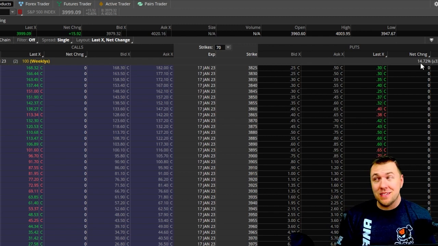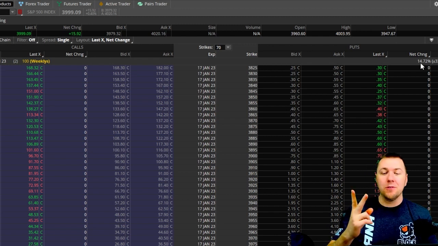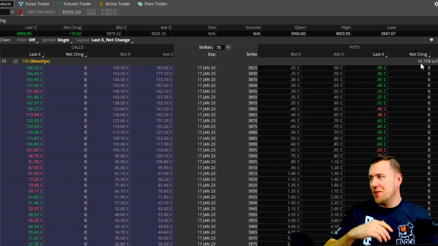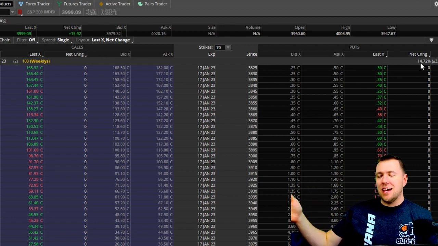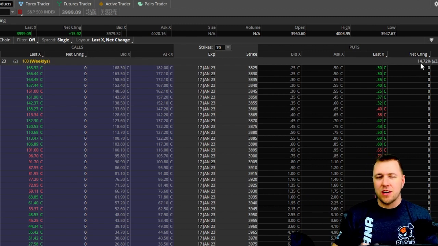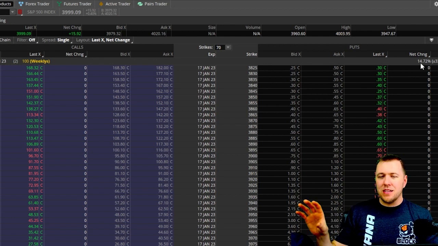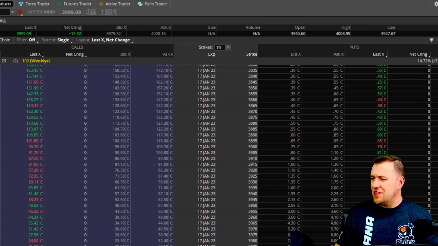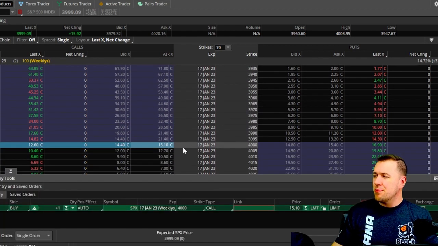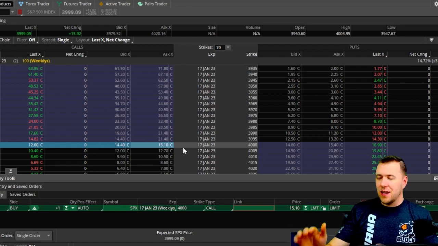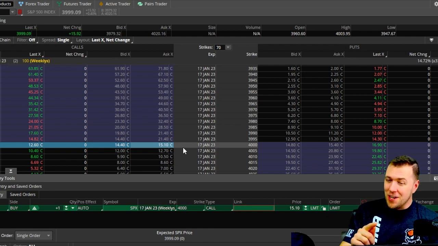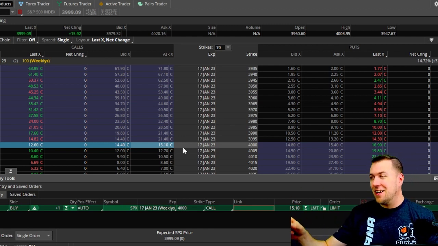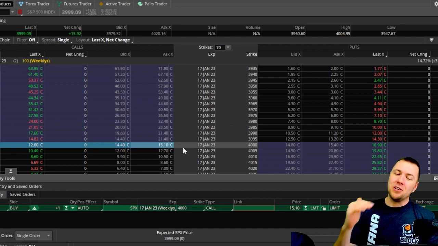Now, what happens after the news drops, after Powell speaks, after CPI comes out, after anything? From the beginning of the bell to the end of the day, we're going to get what's called IV crushed. You're going to get absolutely destroyed on that contract. IV sets the price of how well that contract holds up. The volatility. This contract is $15 now at 14%. At 30%, it's going to be almost 2 times that cost, $30 at the money. Also, if it opens at 30% and closes at 15%, it's also worth half.